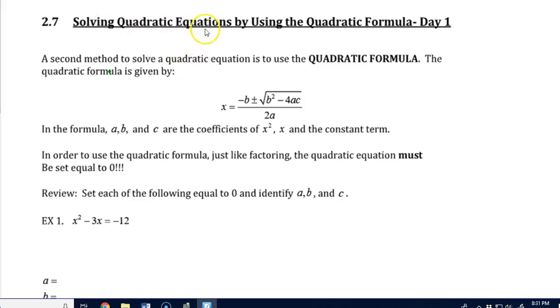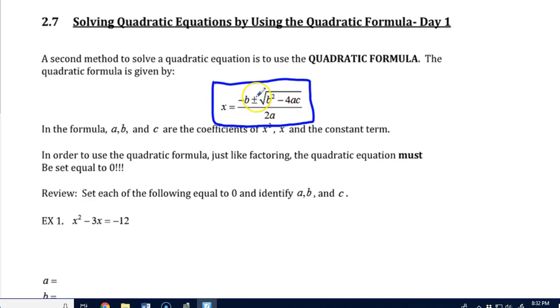In this recording, we're going to learn how to solve quadratic equations using something called the quadratic formula. Now, the quadratic formula is a pretty powerful tool. It works all the time, unlike factoring, which only works under certain circumstances, if the quadratic equation works out for factoring, right? So this particular thing called the quadratic formula, I'd like you to put a box around it, looks kind of complicated, right? It's got a fraction, it's got a square root, it's got a little thing called a plus or minus,